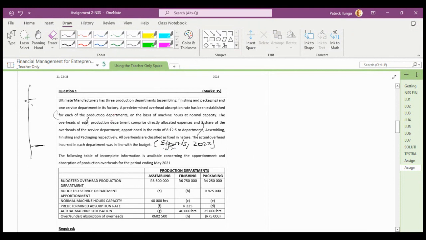So I see this kind of referencing, which is not correct, and it is quite important that you may